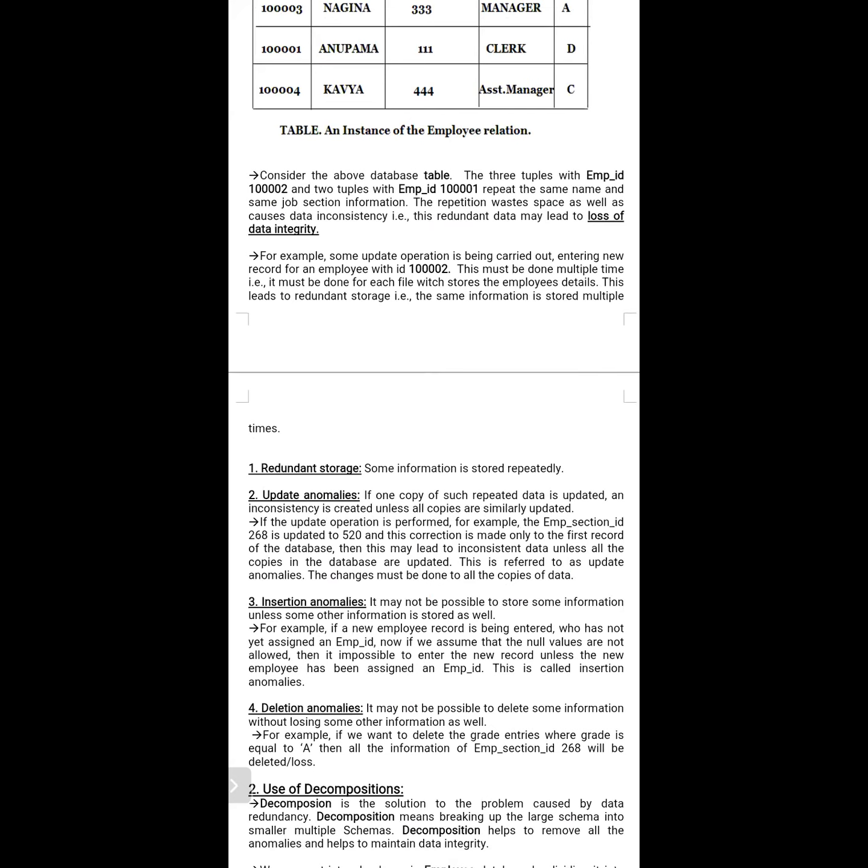We already discussed what normalization is. Normalization is a process of breaking the larger table into smaller tables. In the case of normalization, we use different types of normal forms, which are used to reduce the occurrence of redundant data in the database. So how do we eliminate the redundant data? Here we perform decomposition. Decomposition means breaking down the larger table into a number of smaller tables. Then we are able to reduce the occurrence of redundant data up to some extent.